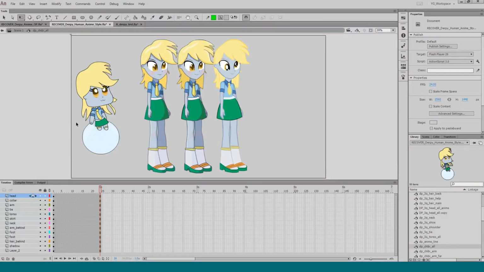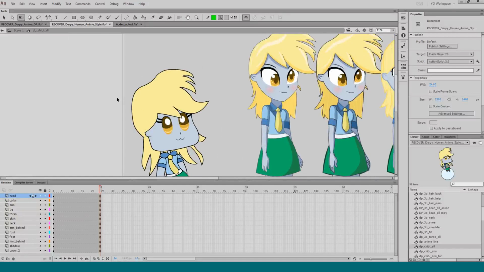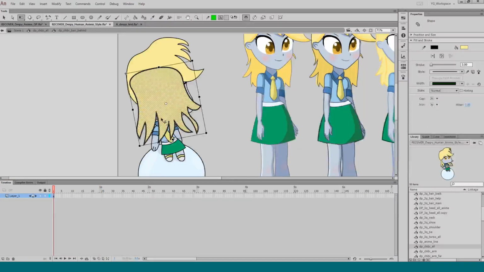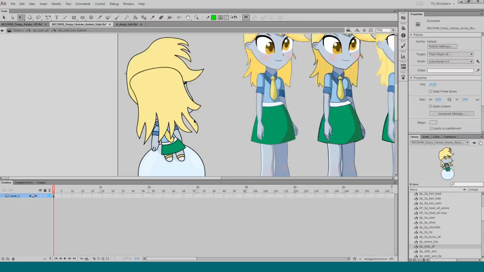Okay. Now I'll go in, and if I wanted, I can add the two tones again. I just wanted to get the base of it pretty good. I mean, that's kind of how you draw.